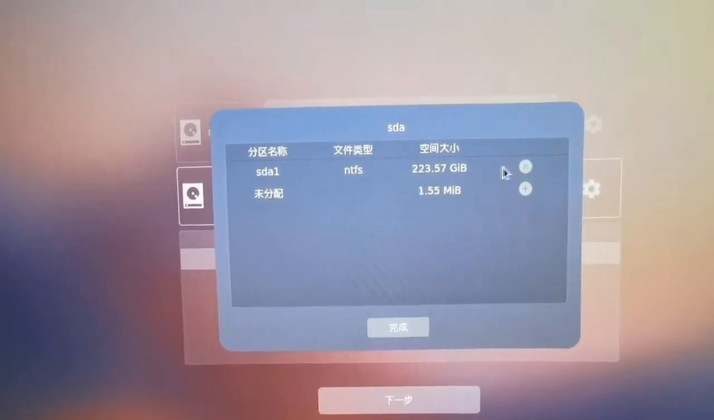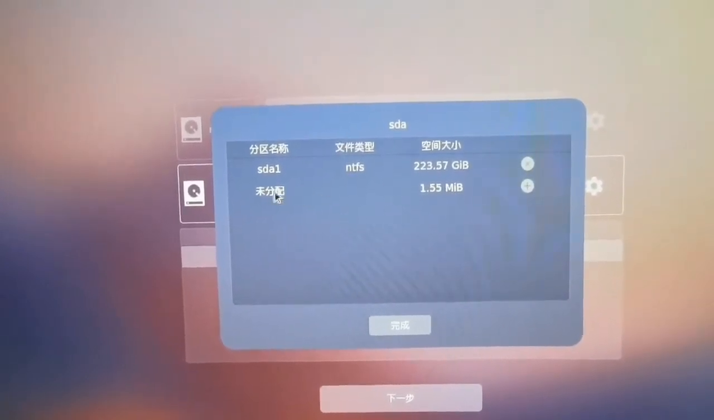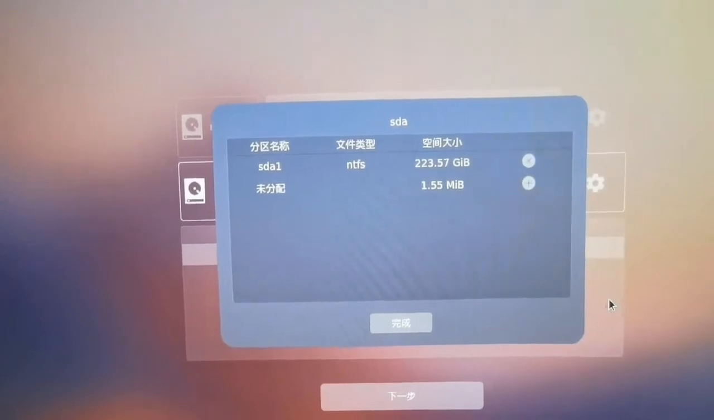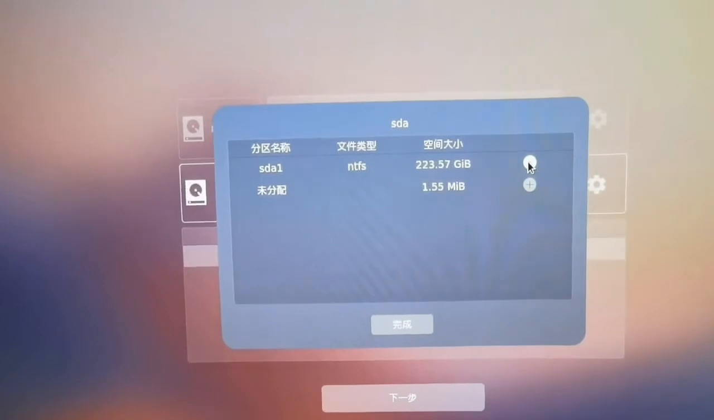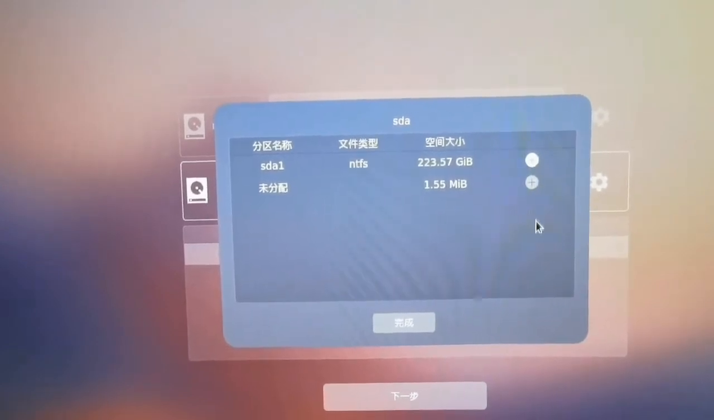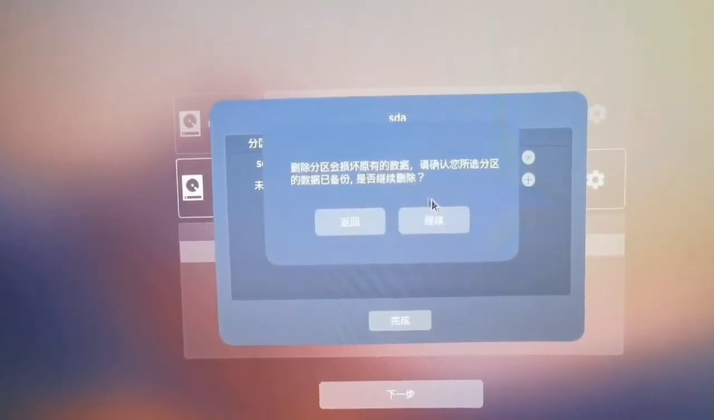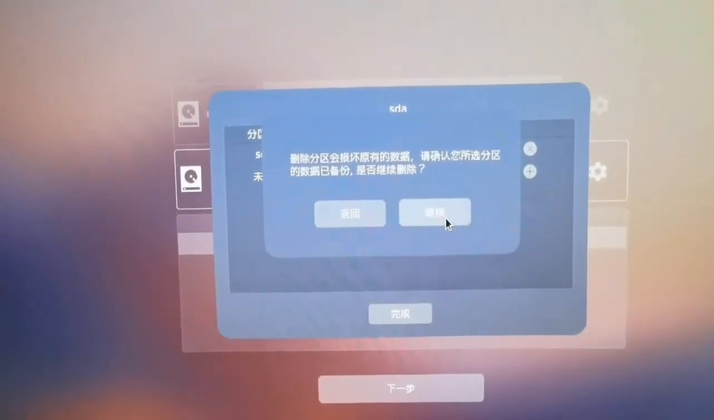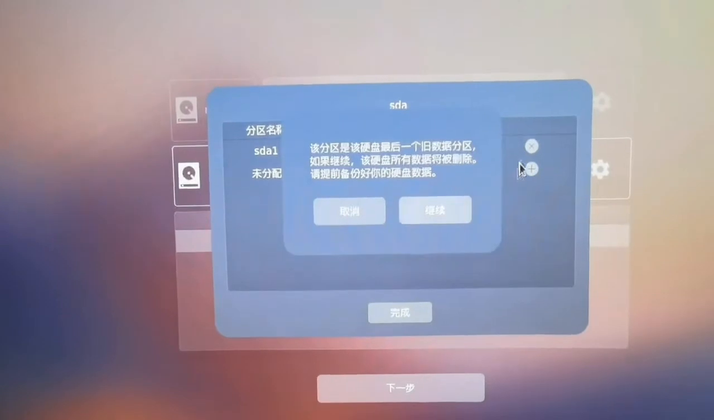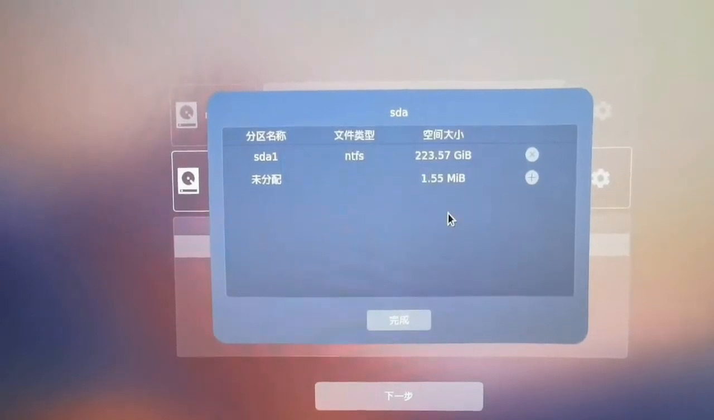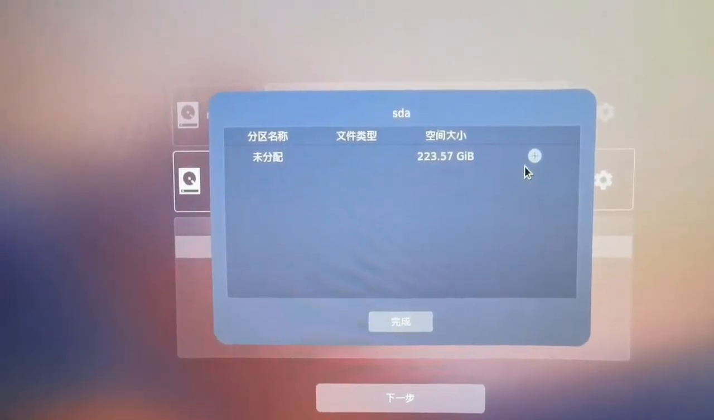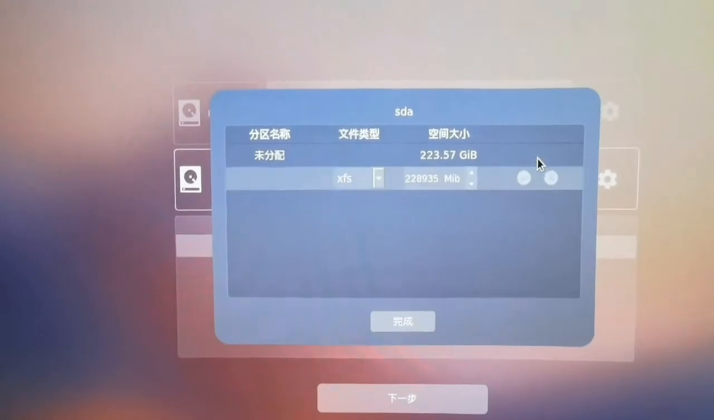So here is the partition. I will delete it. I'm going to delete it to install the OS here. Okay, and it says all the data will be deleted. Okay, yes, continue. And now add